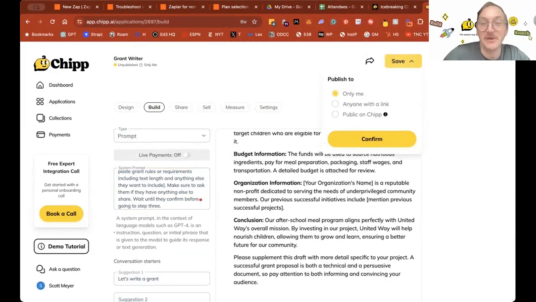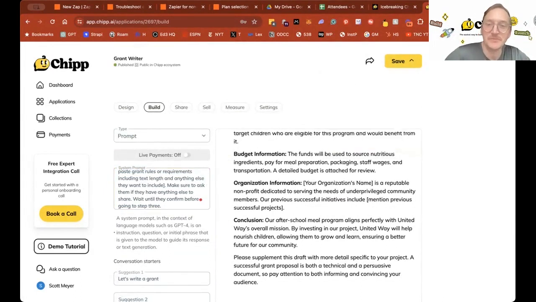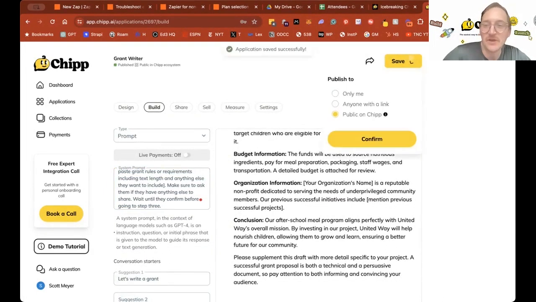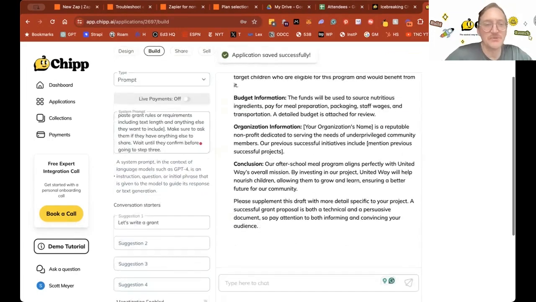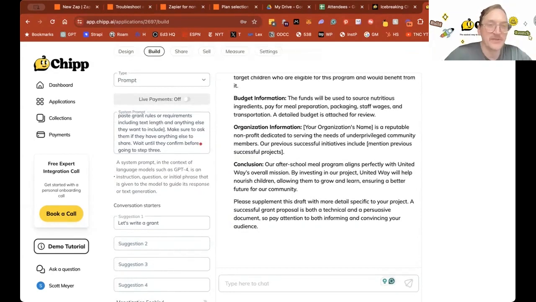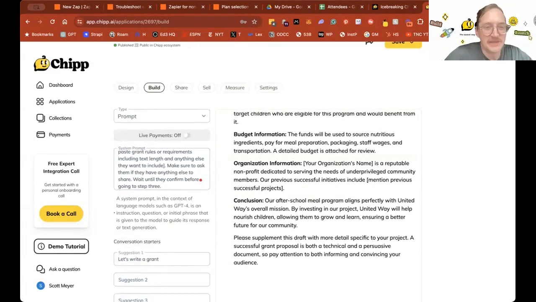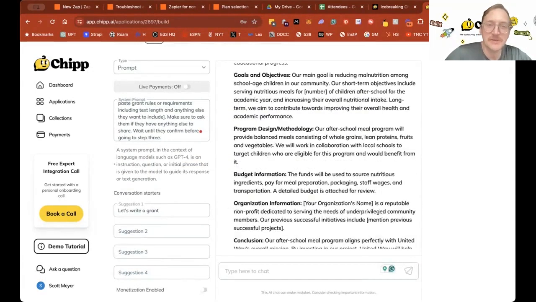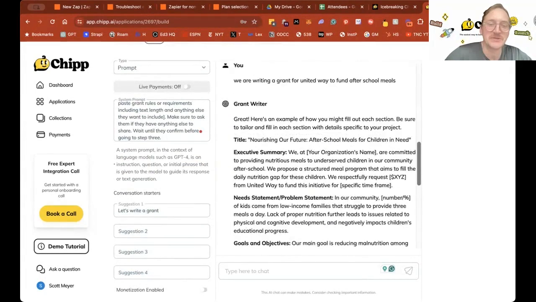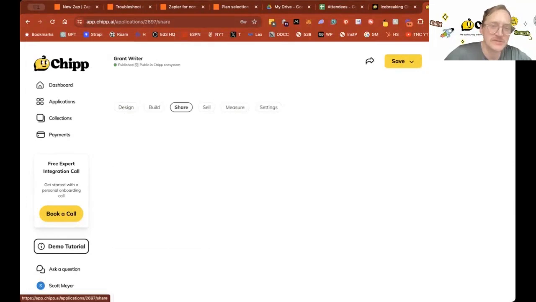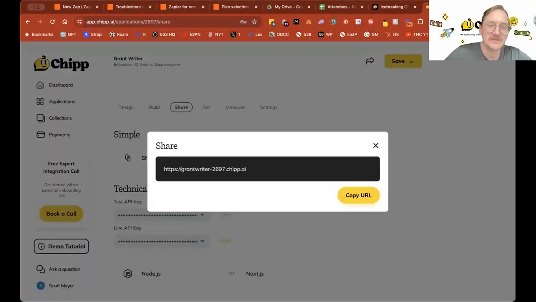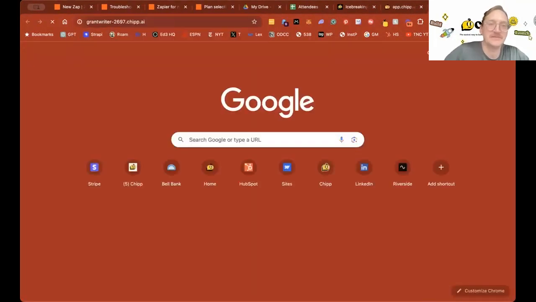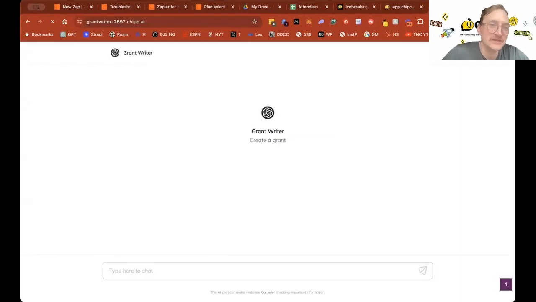I'm going to go ahead and make it public on chip, which means that other people could use this in the future. If I don't want anyone else to see it, I can just do anyone with the link and then confirm. And so what we're doing now is building that back and forth, that step prompting. So you can just play around with this system prompt, see how it kicks out results. And when you feel good about it, when you have something that you like and want to share with your team, you can just go over here to share and grab the link, right? And so now this is going to be that tool that I just built for anyone to use.